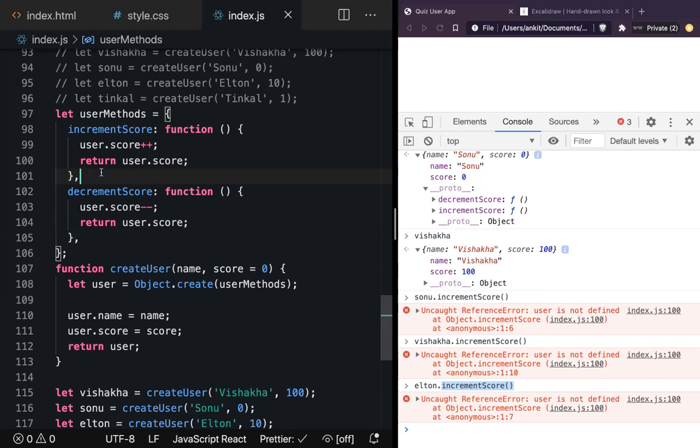Try to understand this: Bharat.hometown. In which context am I trying to look for hometown? Who is the context here? Bharat. But when I'm doing Tinkle.hometown, what happens here? Hometown remained the same. What changed here? The context, that is Tinkle. The context changed from Bharat to Tinkle. When I say Elton.hometown, I'm changing that context to Elton and so on.